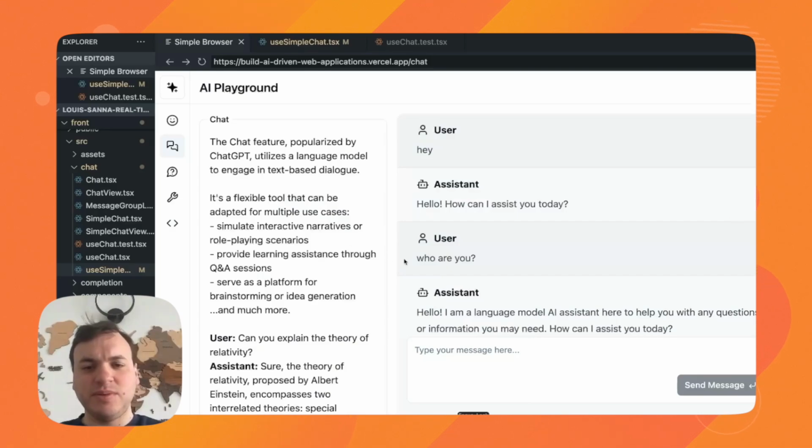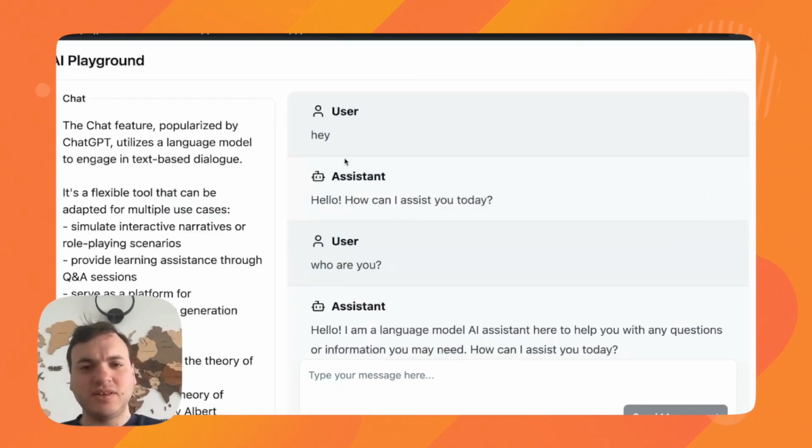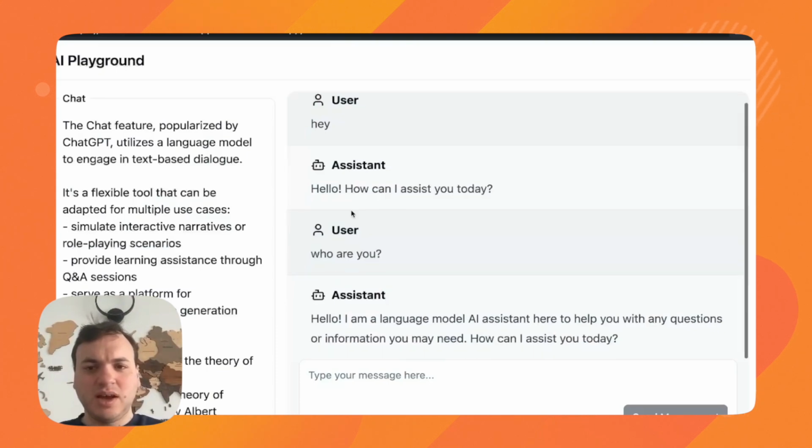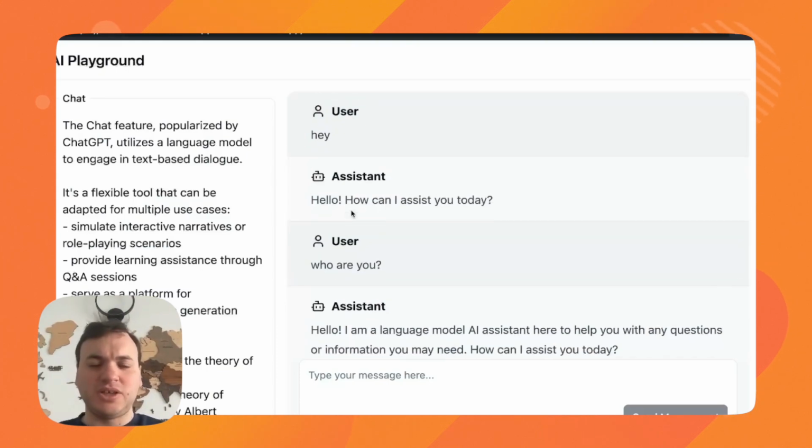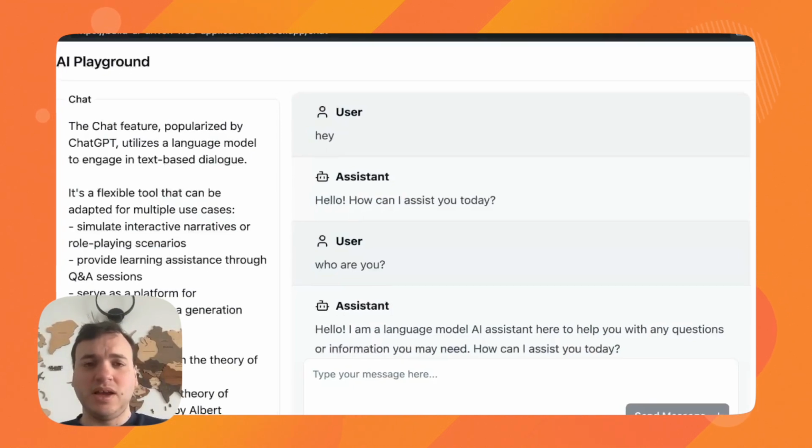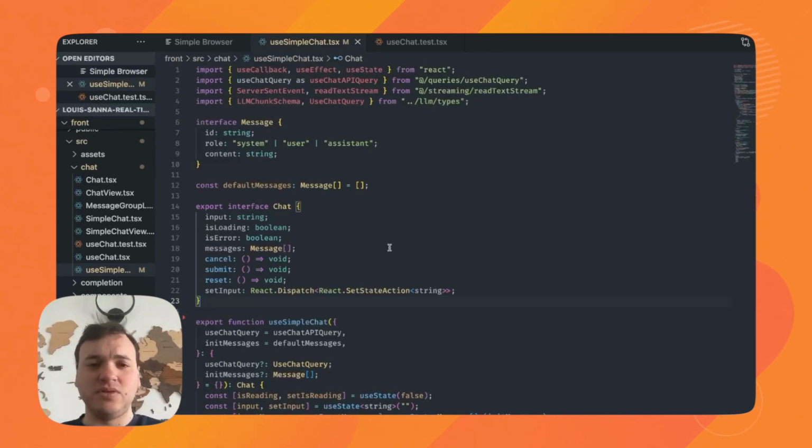As you can see in the demo app, this use case lets the user interact with the model as in a natural conversation. This is a very powerful user experience, as popularized by ChatGPT. Now, we are not going to start from scratch. As in previous modules, we have already covered how to handle networking, how to handle streaming, and how to set up a backend. As we have followed a modular approach, we'll be able to reuse what we've done before. And now we simply need to create a new hook on the front end to handle the logic.